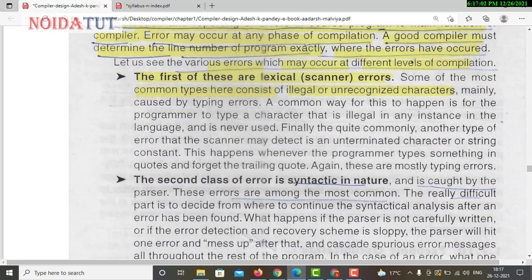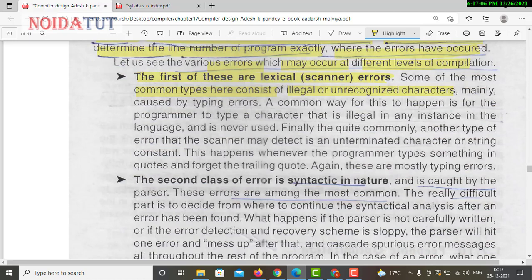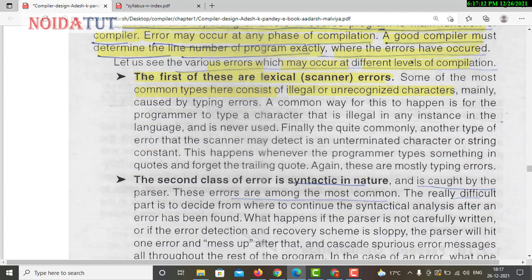Suppose you can see that the first character of this line is T, but when the system is going to read it, it will not read only T. It will also read so many illegal characters that are not visible in the file, that you cannot see, but these are hidden in the file.